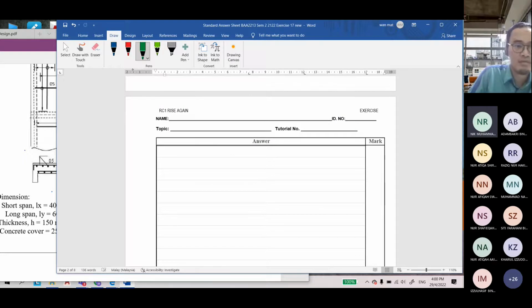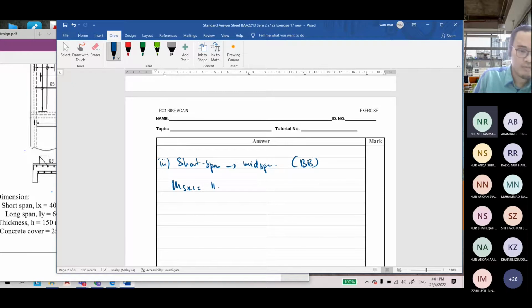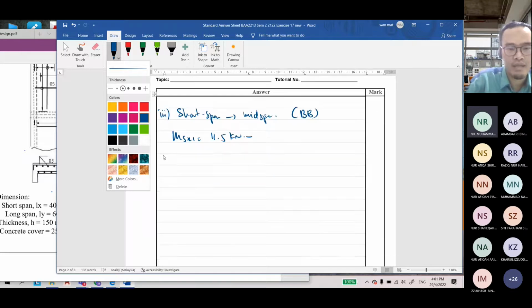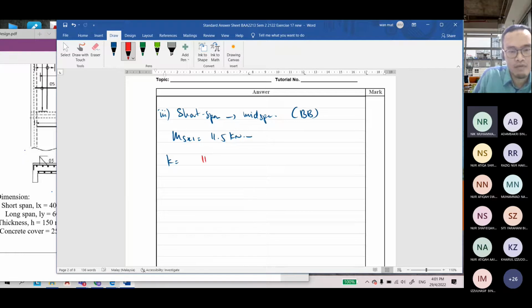So the third step is the short span at the mid span, the middle of the mid span, which is the BB, bottom of bottom. And then the bending moment MSx1 is equal to 11.5 kilonewton meter. So you can calculate the value of K, which is equal to 11.5